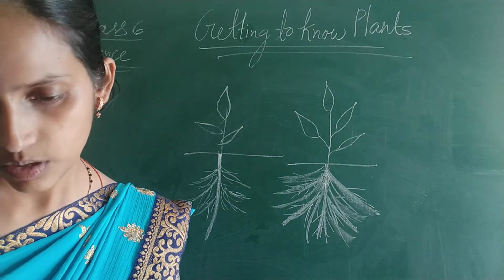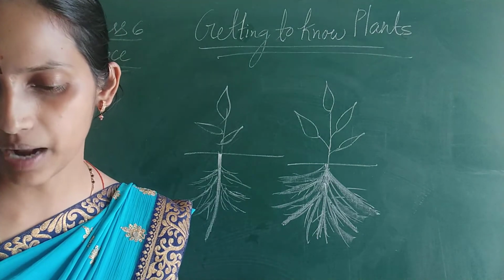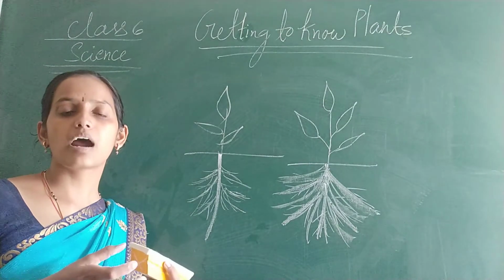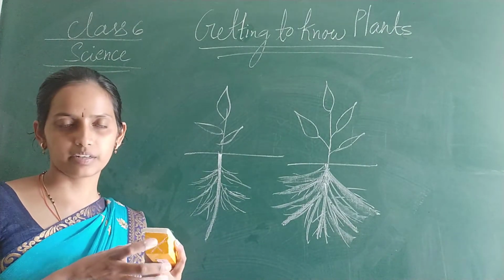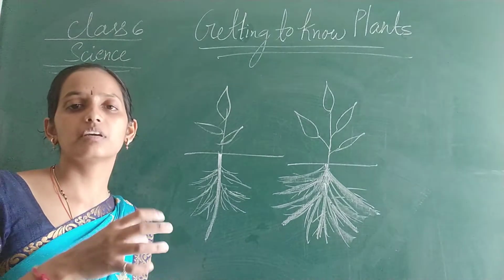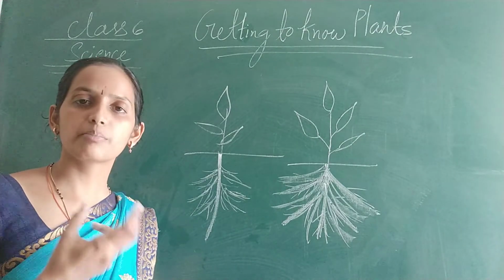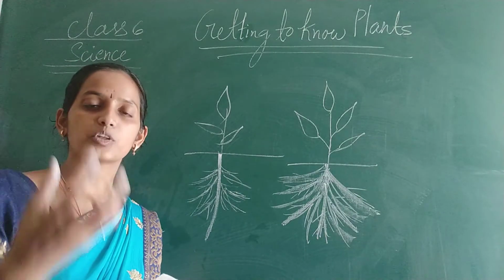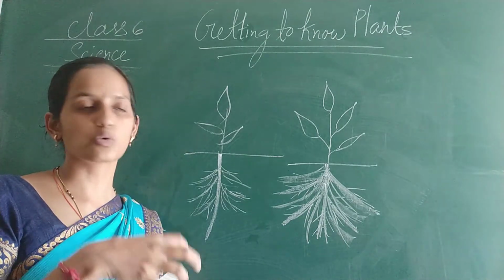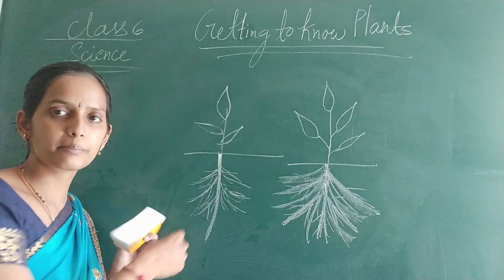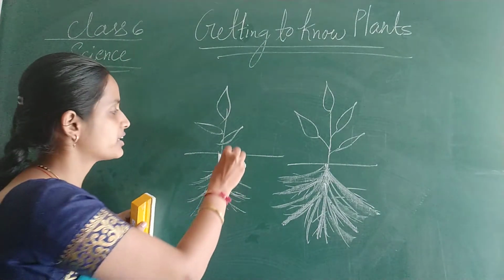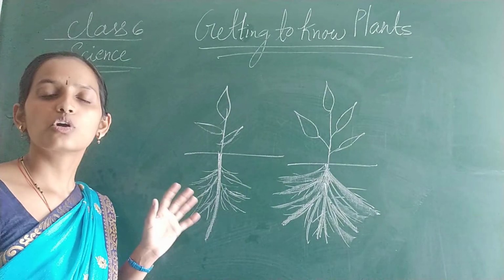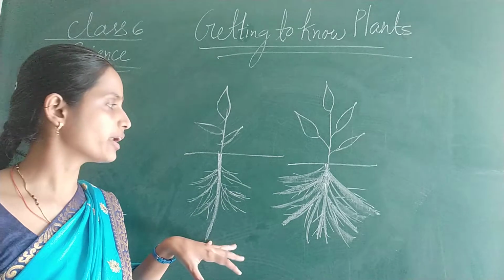So what is the use of the roots in the plant body? They help the plant to hold properly in the soil. And the roots absorb different nutrients which are present in the soil. The root is going to absorb the nutrients from the soil and transfer them to the stem. From the root it will travel to the stem, and from the stem to different parts. So the first function of the root is to hold the plant properly in the soil.